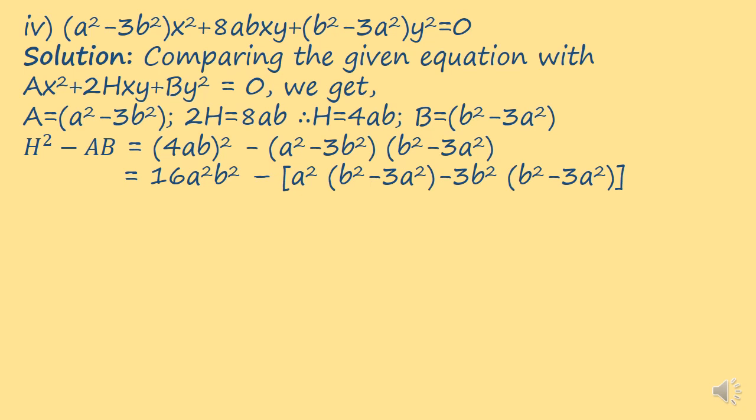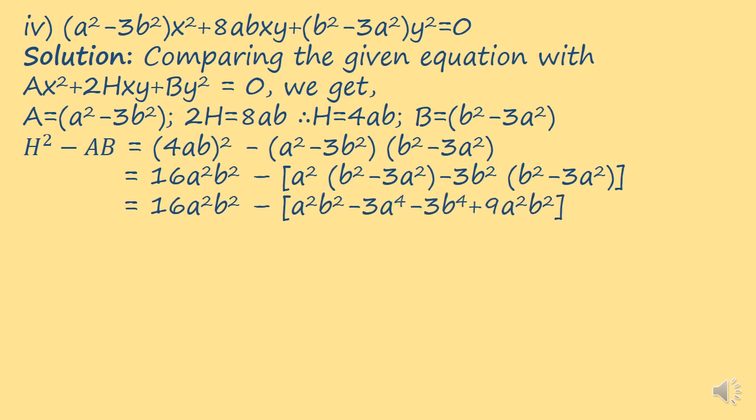So we have a square into b square minus 3a square minus 3b square into b square minus 3a square. So the first term now remains the same. In the second term, the bracket you can observe a square has been multiplied with the first bracket, that is a bracket which is given there, and similarly minus 3b square is also multiplied with the same bracket,